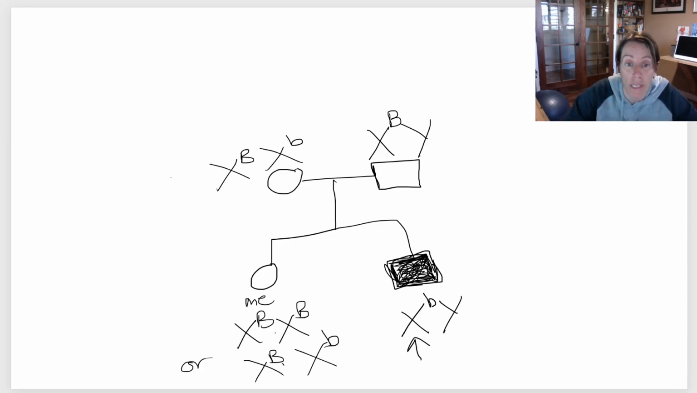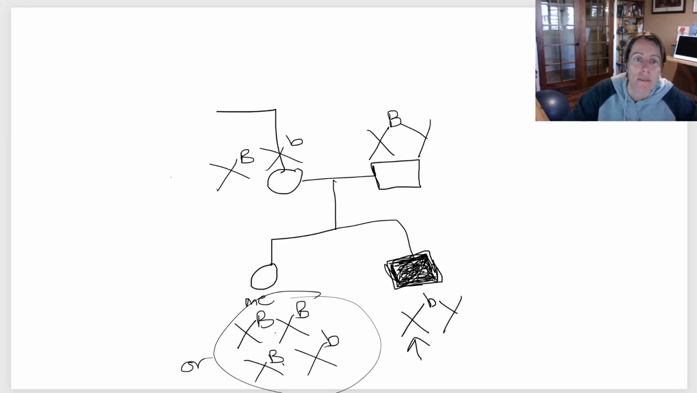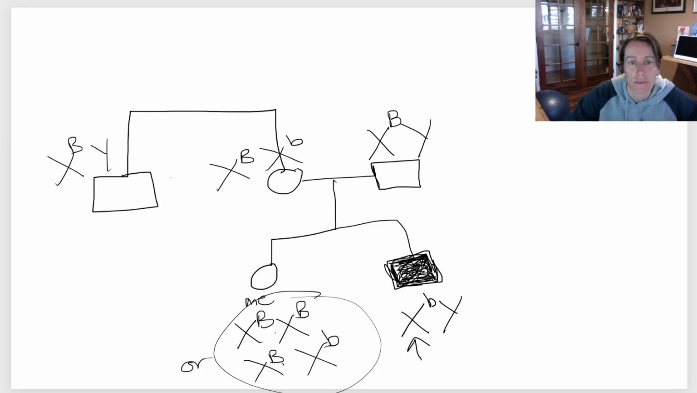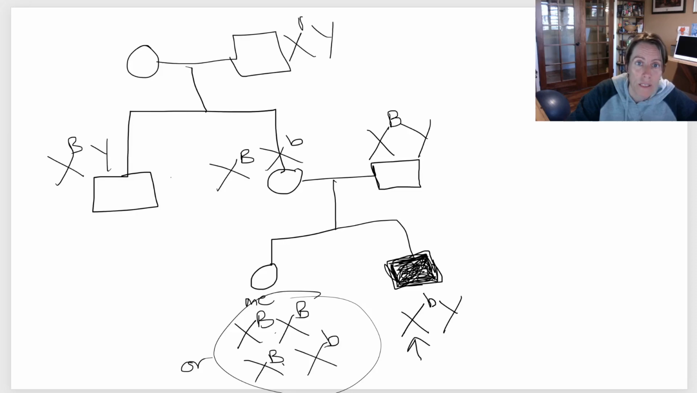Sometimes you can't resolve it, like with me down here. I don't know what I am, and it's okay to leave it like that, like it's this or that. It's a 50-50 shot. I could be one or the other. We could have gone up here. My mom has a brother who has normal color vision. So my mom's brother must be this, right? And then her parents, her father, my grandfather, also had normal color vision. So this,